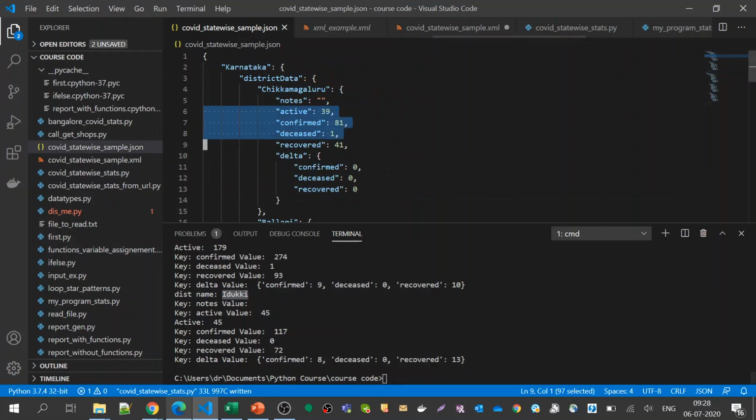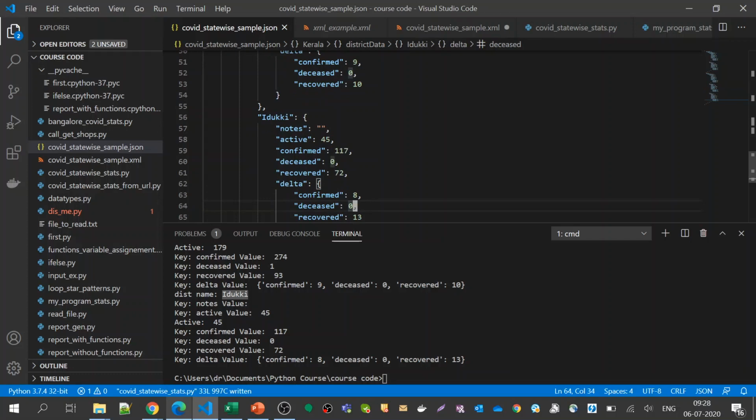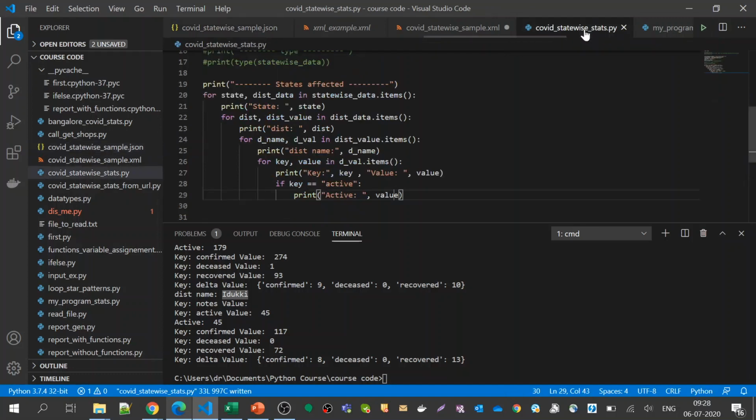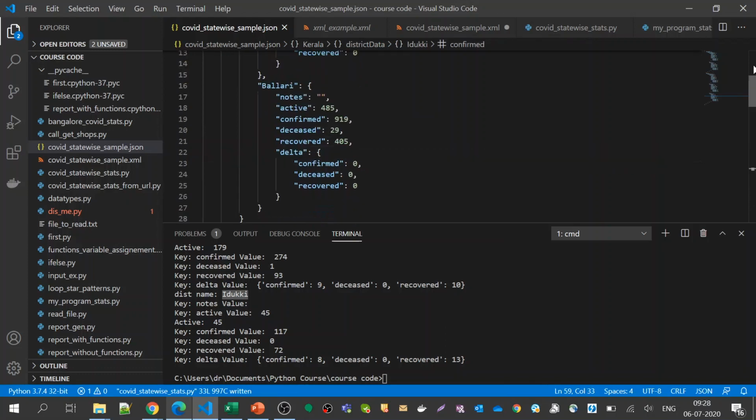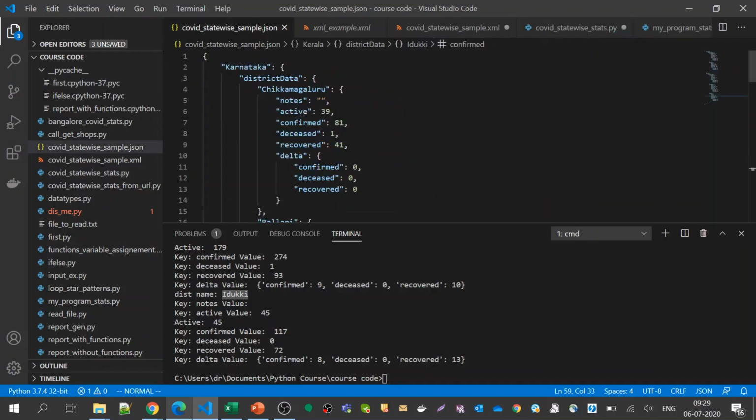So let us verify the data. Let us go to Idukki, Kerala. Idukki. Yes, active cases are 45. That means we are doing the right way to parse the data. What we have done is we have seen this data, and now programmatically I need to parse it and make some sense out of it. There are so many levels you can parse through, and you are getting the particular value, and here you can maybe increment your counters. Since we need to find out three values, that is active, confirmed and deceased,